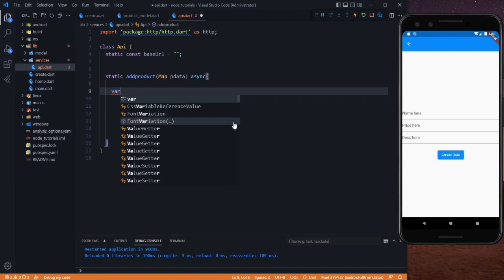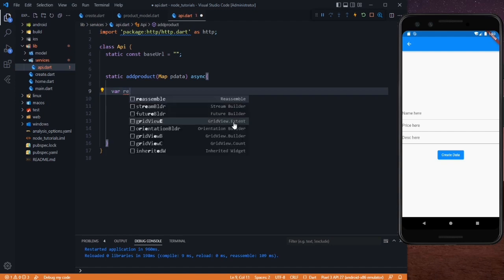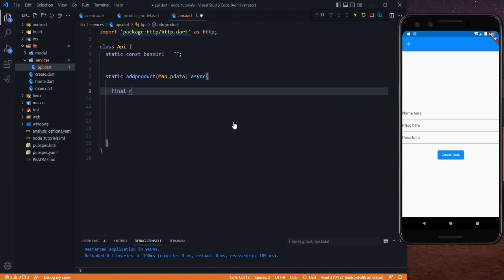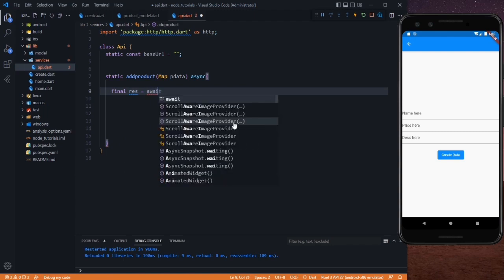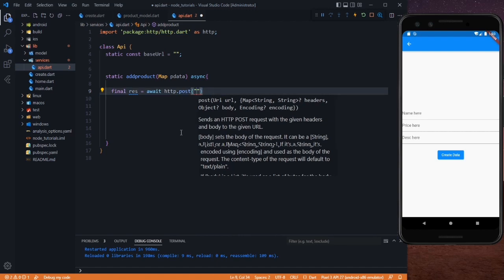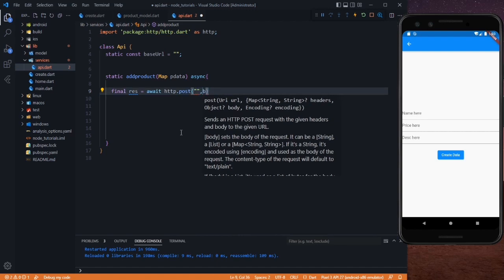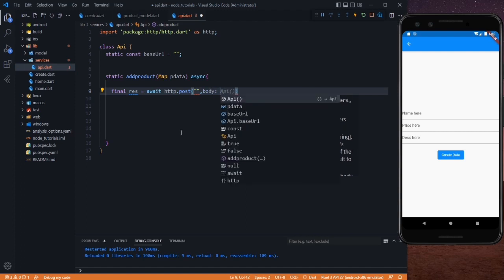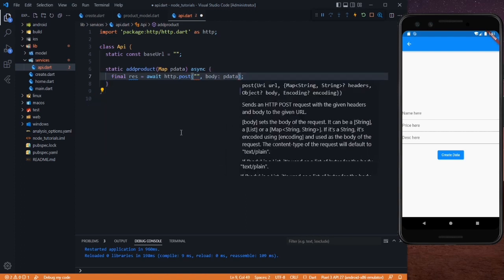In here let's say var response, or you can use final also, and in here we want to say await http.post. In here we need to pass 2 things. First is the URL, which is our base URL, and after that we want to store the body, so URL will be empty, and the body will be our pdata.